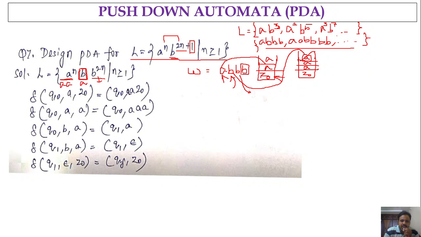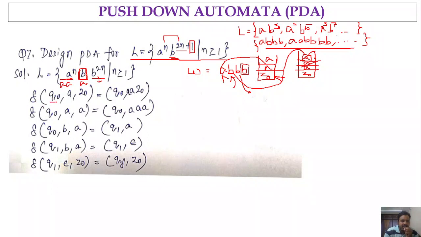Okay, then second b, so pop this stack. Likewise. So in this process, we have to compare the number of occurrences of b with respect to the number of occurrences of a's, right? So the moment when the top of the stack is a and the input is b, we are going to perform the pop operation. Okay, so let us check this transition function here.